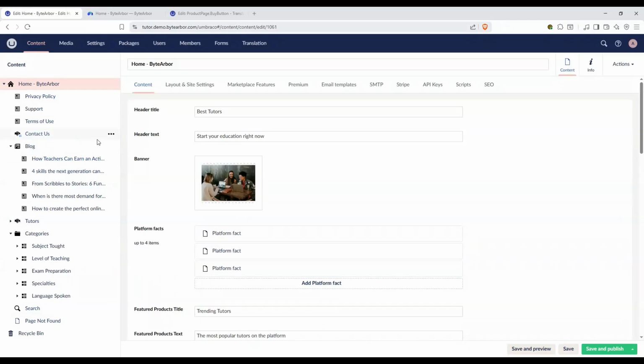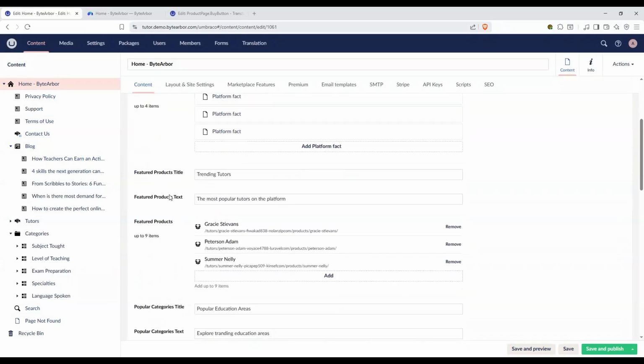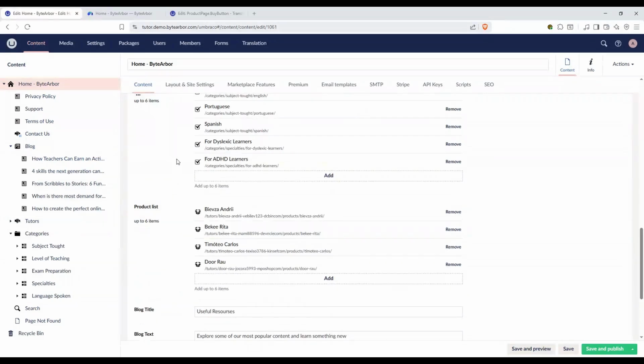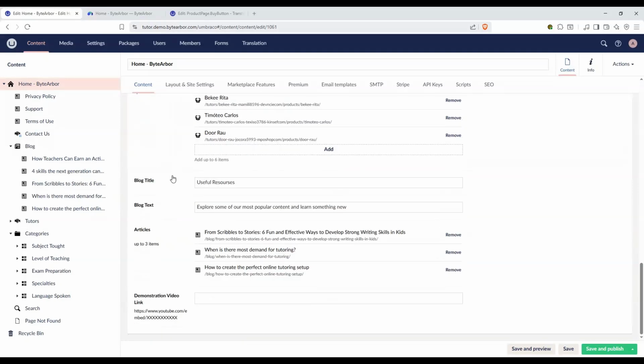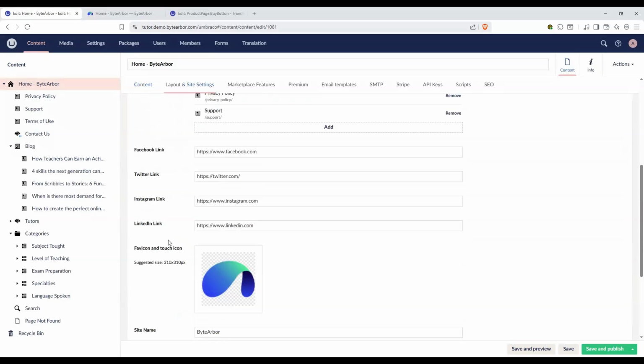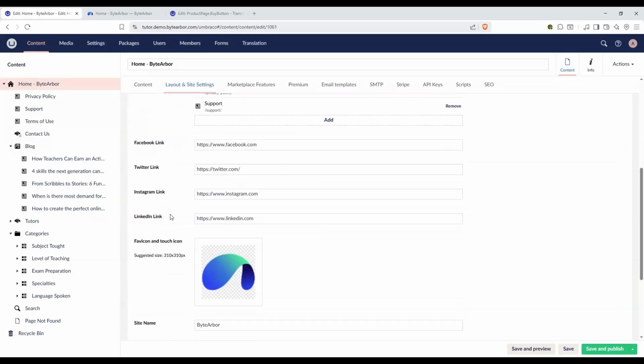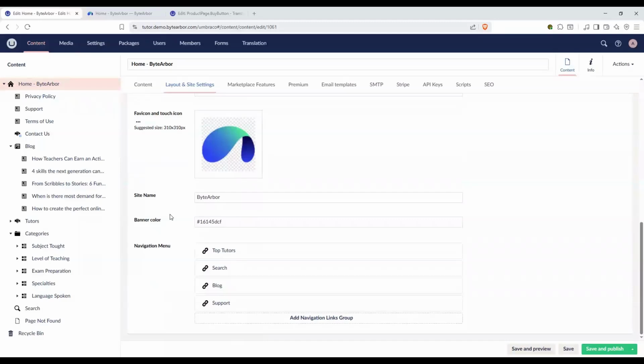So when you click home, you can manage content of the homepage, change widgets, the texts, add categories, manage products that are displayed on the homepage. Also, this content node has general site settings which you can manage, like logos, footers, site name, a navigation menu